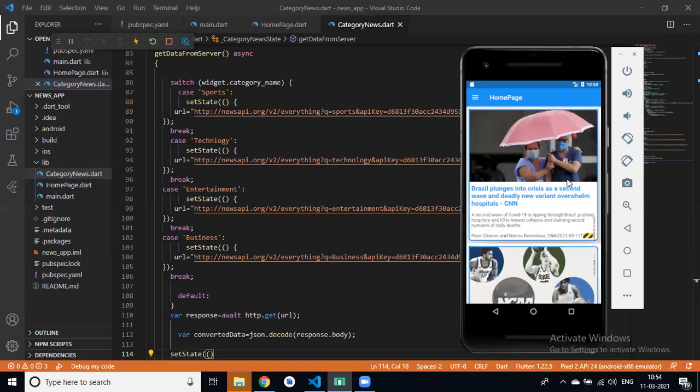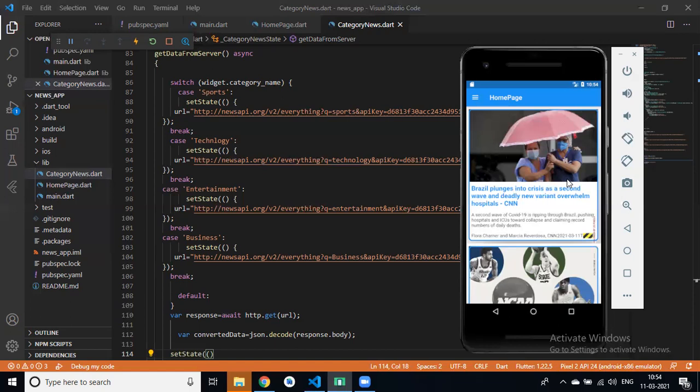Can you do that? Yes or no? Please complete this application. From tomorrow we will start a new topic.